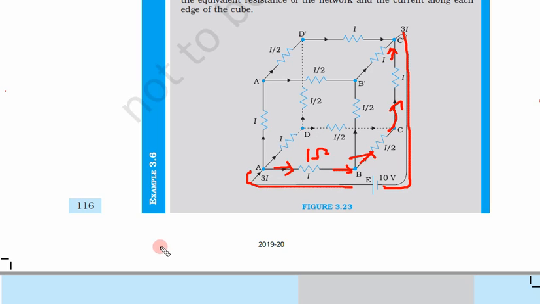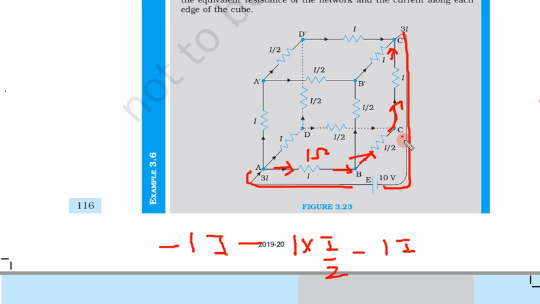So what we get? Minus 1 I. Current is I. Now the second resistance is in the same direction as we are going. So minus 1 into I by 2. For the third resistance, we are also going in the same direction as the current is going. Now again, minus 1 I. Here current is again I, only in this one it is I by 2.